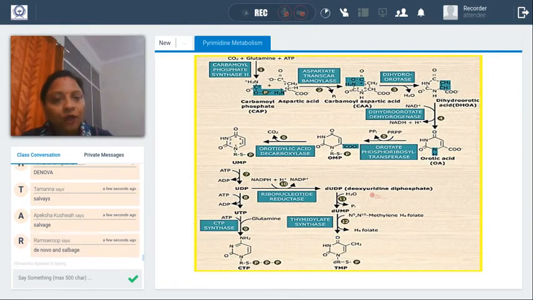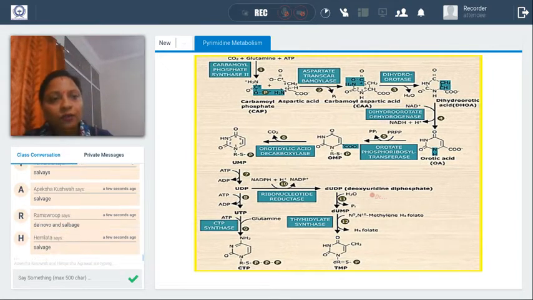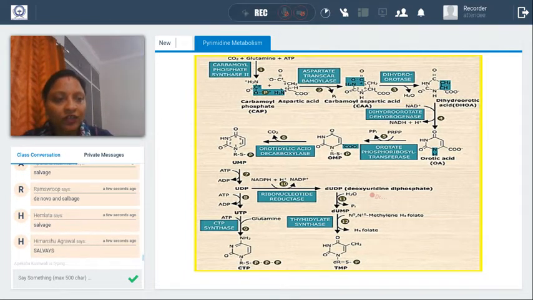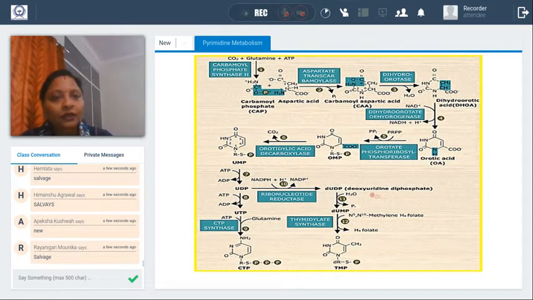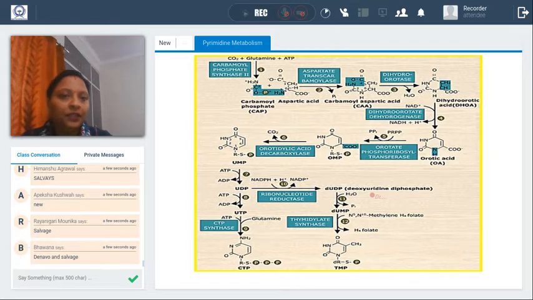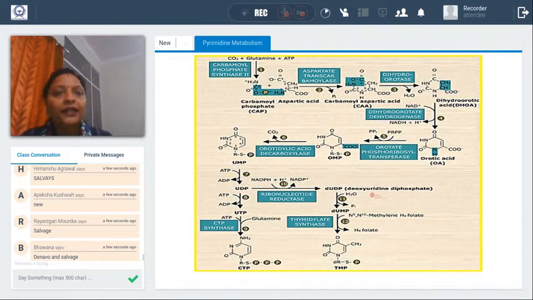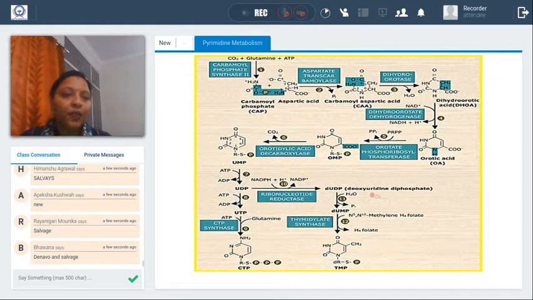De novo means, you have to remember one thing, by precursor. One word is precursor. And the salvage pathway is by its nucleosides and the nitrogen bases themselves. Now it is clear to all of you. So first we will take the mechanism or the pathway, which is the de novo pathway or de novo biosynthetic pathway